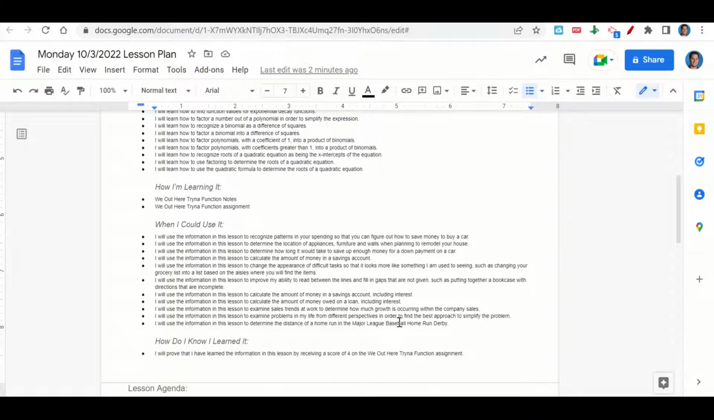When can we use this information? To recognize patterns in your spending so that you can figure out how to save enough money to buy a car, to determine the location of appliances, furniture, and walls when planning to remodel your house, to determine how long